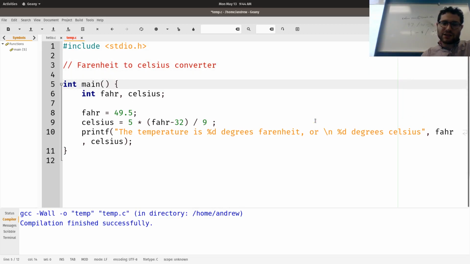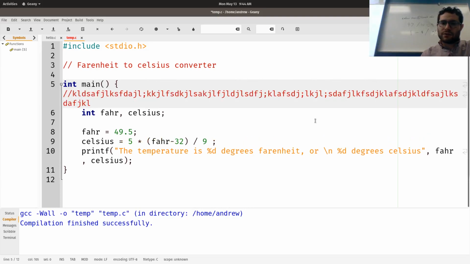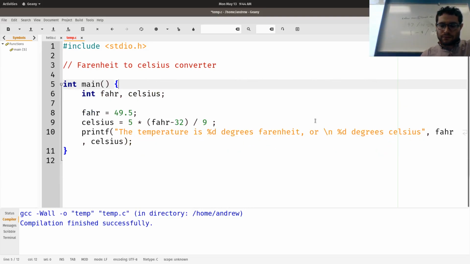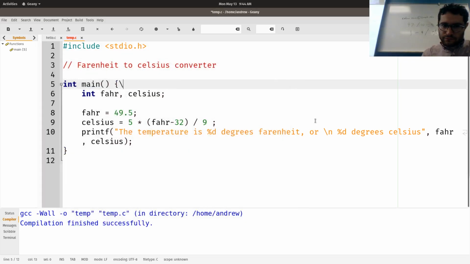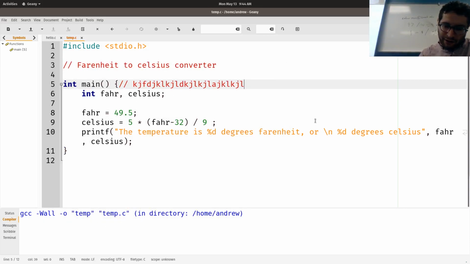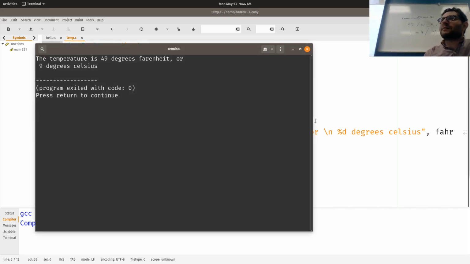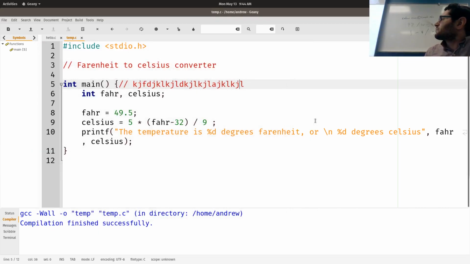So for instance, here after int main, I'll just hit my keyboard a bunch of times, right? So // I hit my keyboard a lot. Okay, and notice that it doesn't change how my program works. It doesn't crash my program.